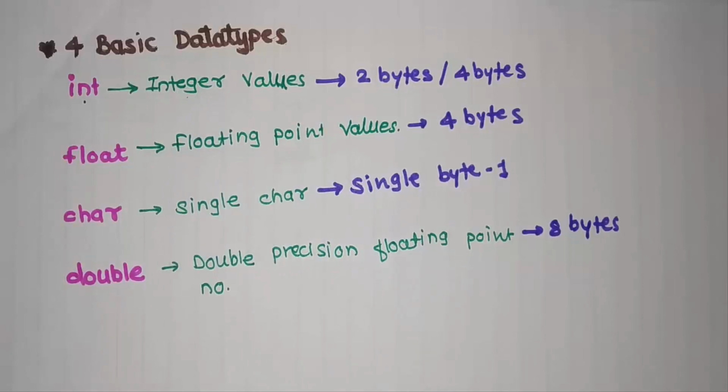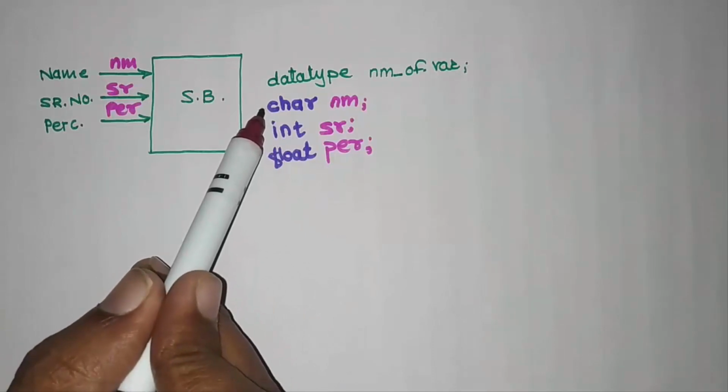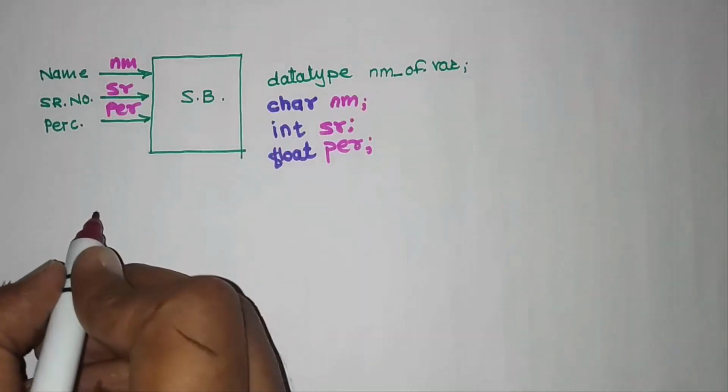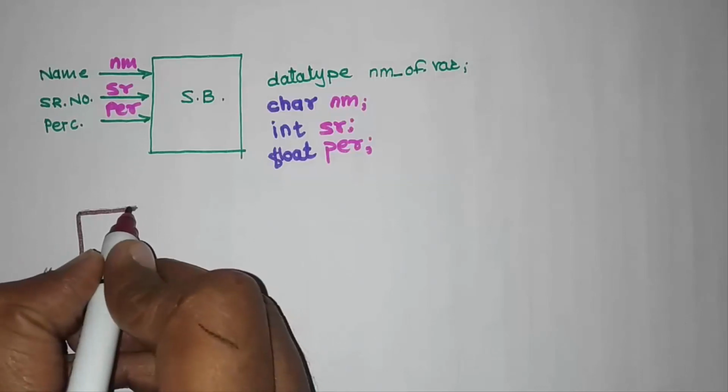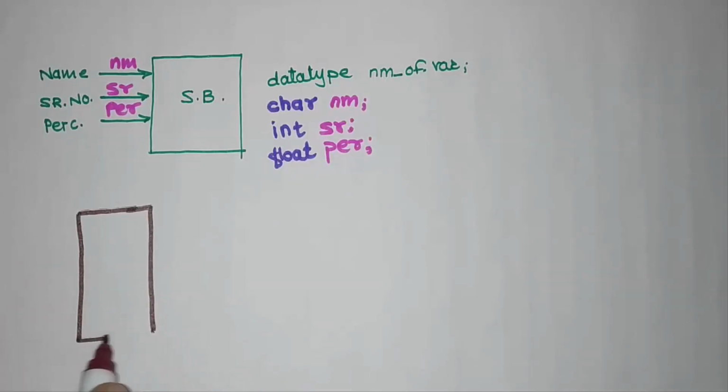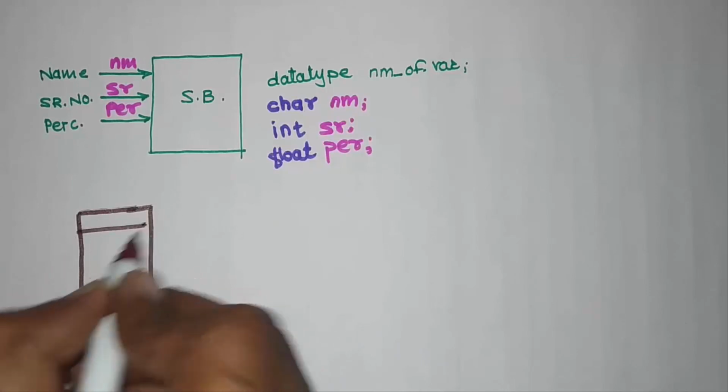So now what is this 2 byte, 4 byte, 1 byte or 8 byte? Let us discuss it again here. When we are talking about a system, this system has some memory where the values are stored. Suppose consider an example of the first variable. No doubt in our system we have different memory slots. Say we have these slots.